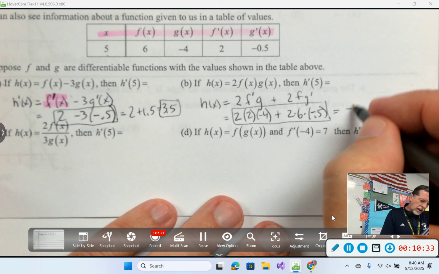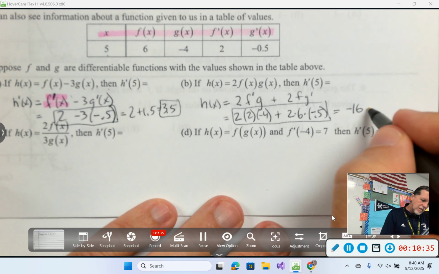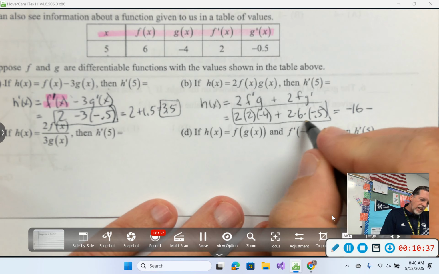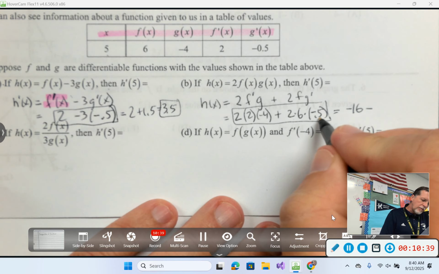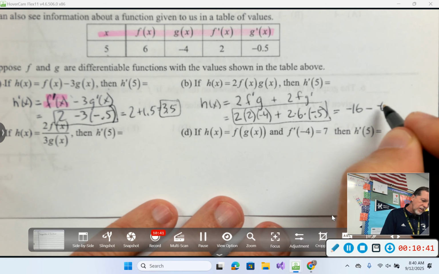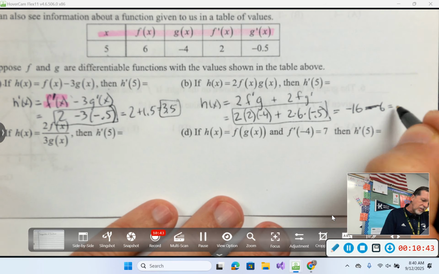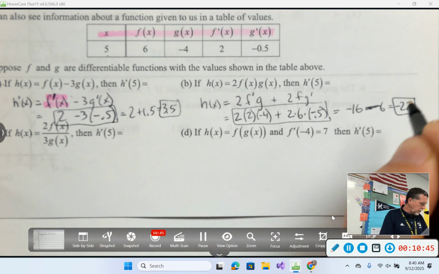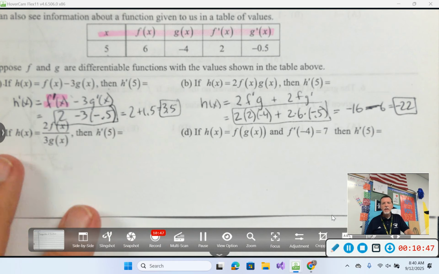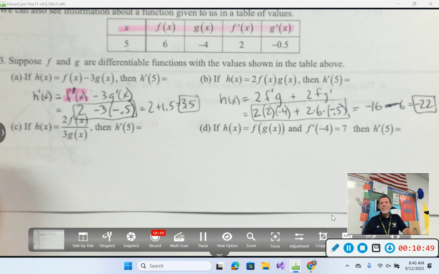Let's see, negative 16 minus 12, half of 12 is 6. Oh, minus 6, so just negative 22. So again, today is nothing really new, just being careful, keeping up with things you already know. Looking at part C,